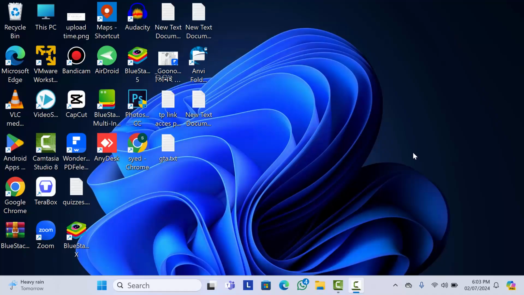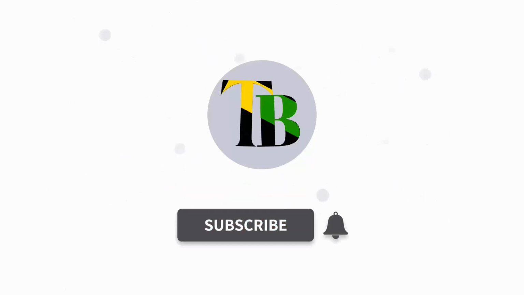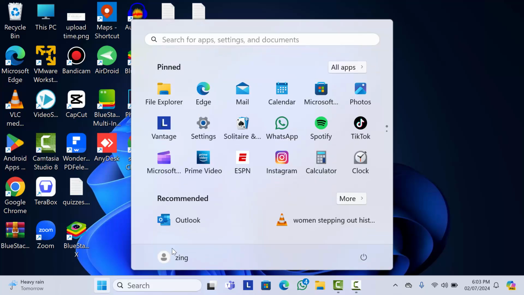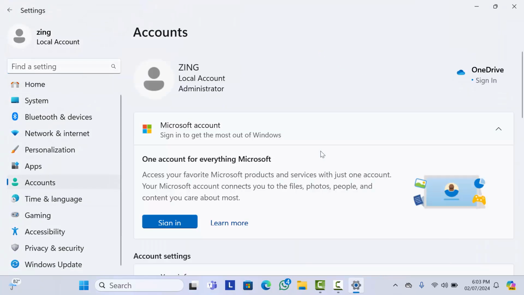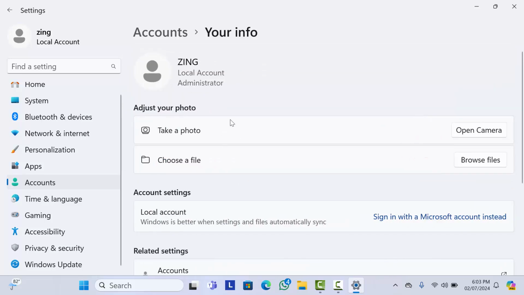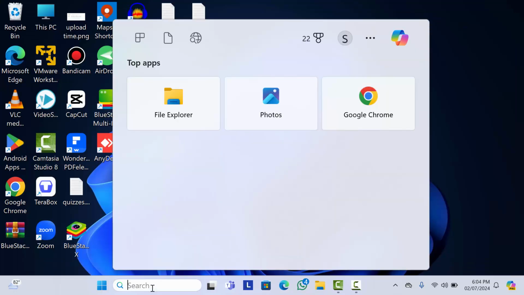So let's get started with the video. If I click on the start button here, as you can see, it's the username of my laptop. So for changing it, if I go to the settings, and from here if I go to the account option, you can see there is no option to change the username. So what you need to do, just get back from here and go to the search bar and